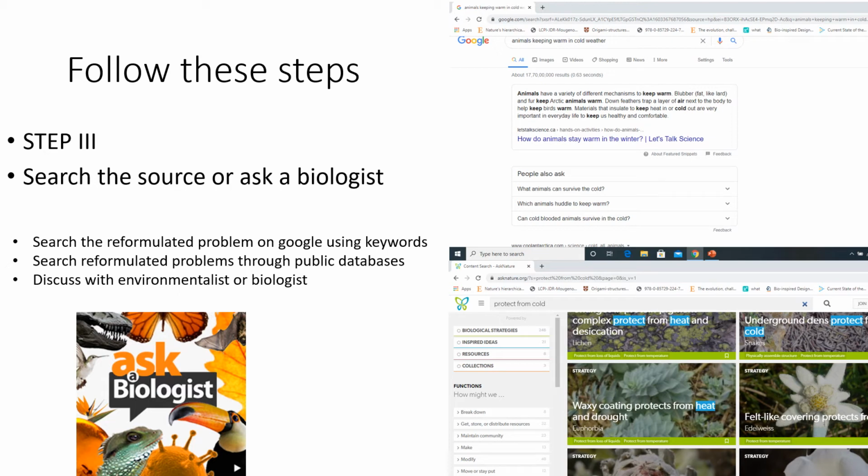In the first figure, on the top right hand side, I have used the keywords from the reformulated problems, animals keeping warm in cold weather, and I am able to get some of the animals which are keeping warm in cold weather. In the second figure on the right hand side corner, the database search is asknature.org. Here different strategies are also obtained. Alternatively, the discussion with a biologist can also be done.